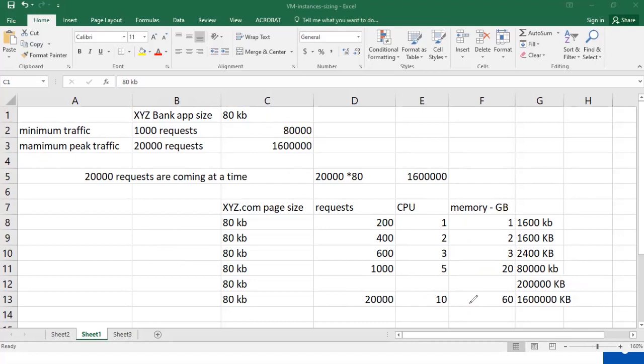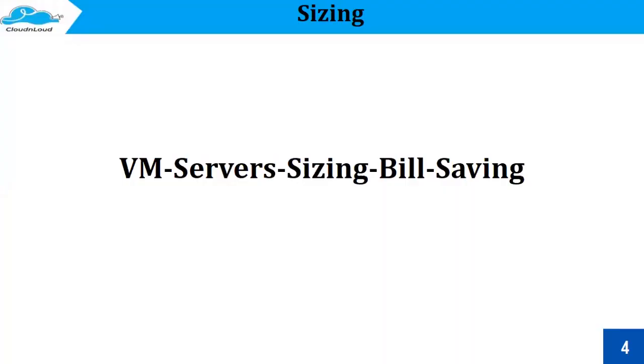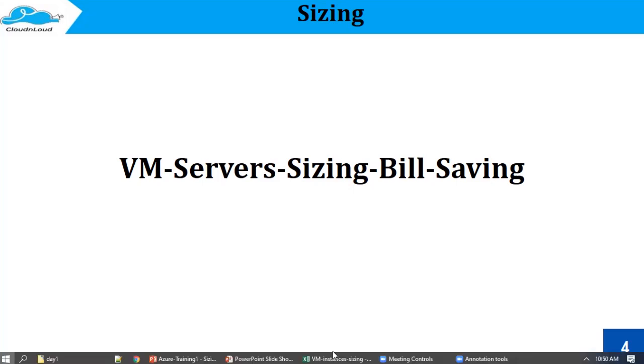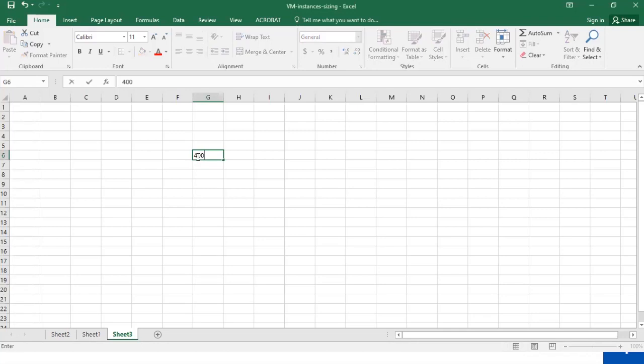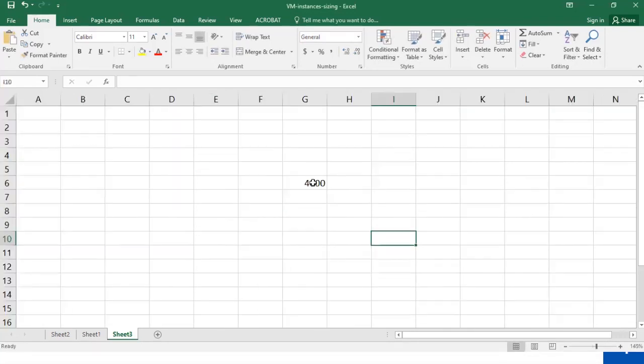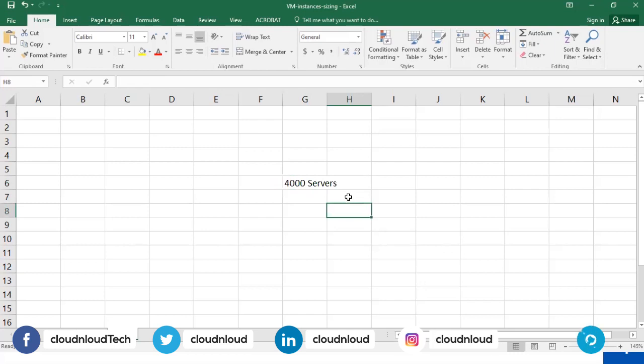And we will go to the next one, VM server sizing and bill saving. So my recommendation is, if you go to any project, say for example, the project has 4,000 servers overall. So in this, how many production servers?